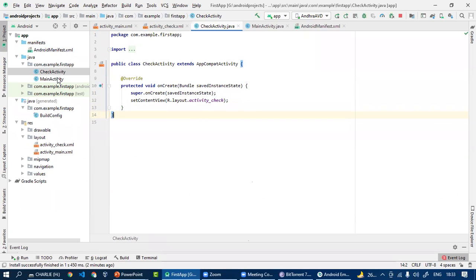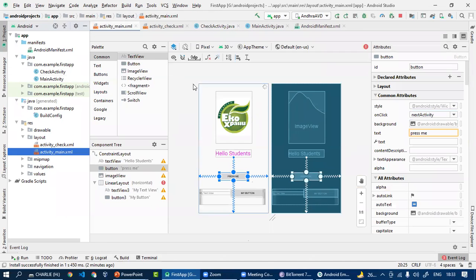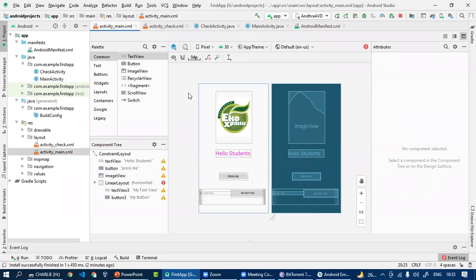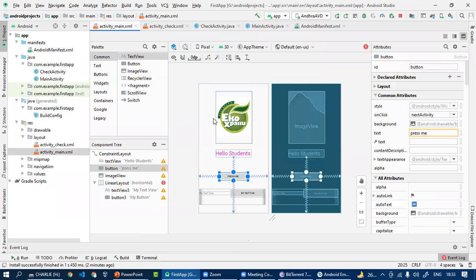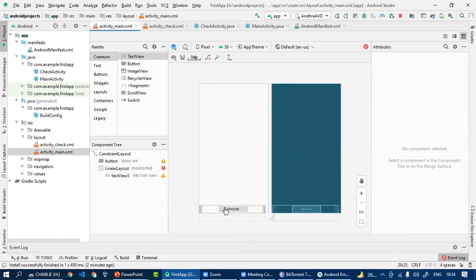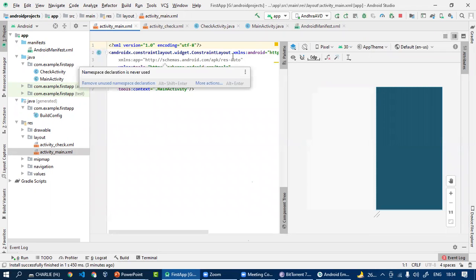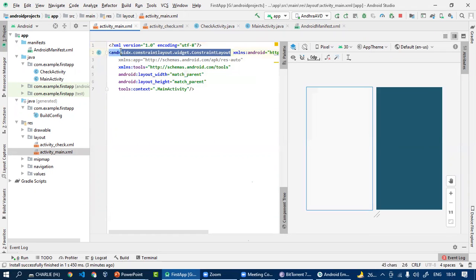Suppose our main activity has this type of screen. Let me declare all the things from scratch, and instead of constraint layout we will use the linear layout, or absolute layout.